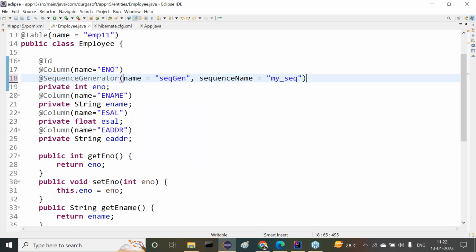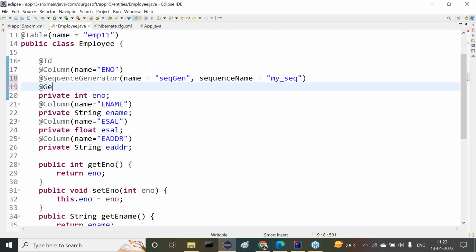No need to worry. Then after this sequence generator, we have to use the generated value, strategy is equal to GenerationType.AUTO,